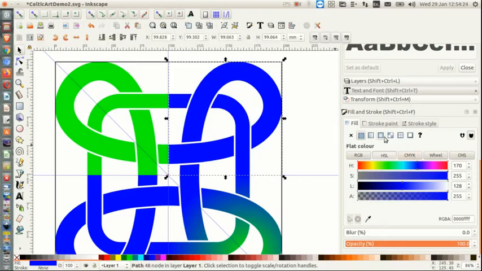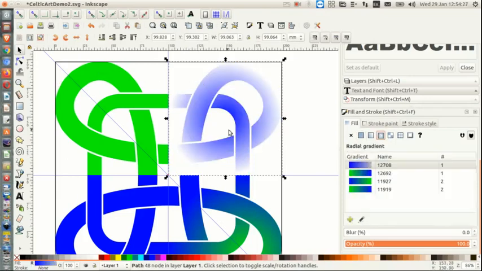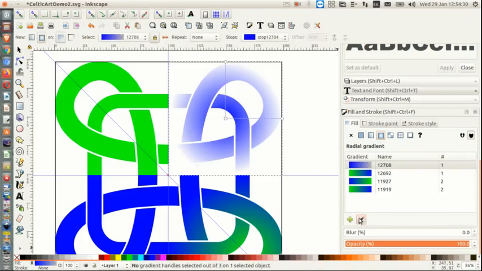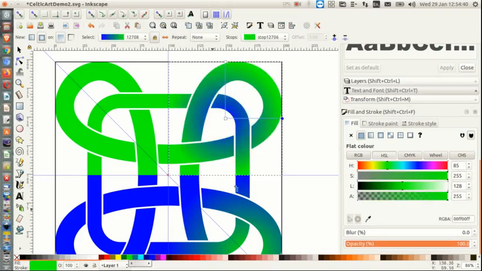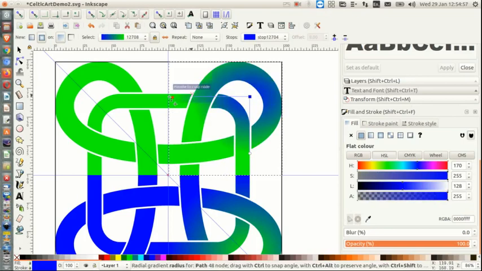Somehow it's clicked off that. Let's try that again. And for the outside we'll choose green. Let me rotate those around again because we lost it, and I'll move that out there. Okay,